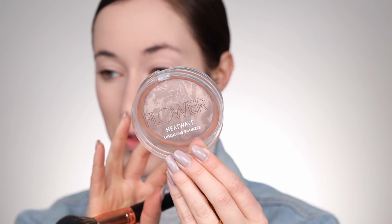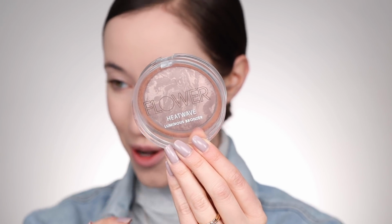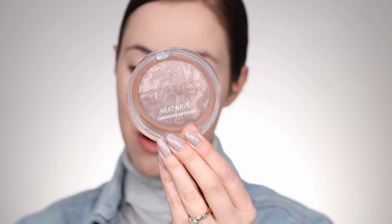This has been one of my favorites for so long. If you've watched my videos, you know I love this. This is also from Flower Beauty. It's their Heat Wave Luminous Bronzer. I usually mix 2 shades. We'll see how I feel about mixing 2 shades after I apply this, but this is in the shade Sunrise